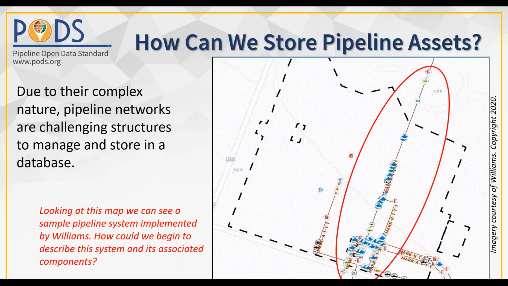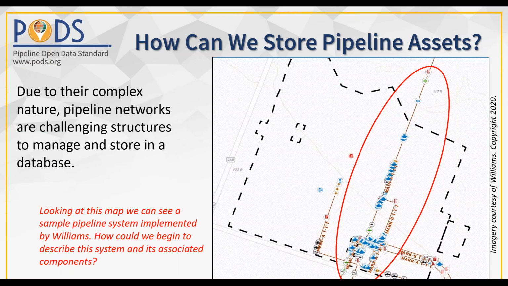You'll notice the graphic that's on the screen right now. This is an image that was donated by Williams, and you can see just the complexity here of this pipeline. You can see all of the assets and the equipment along the line. You can see a lot of stuff going on this pipeline, and so as you begin to think about this for a second and think about trying to model it,